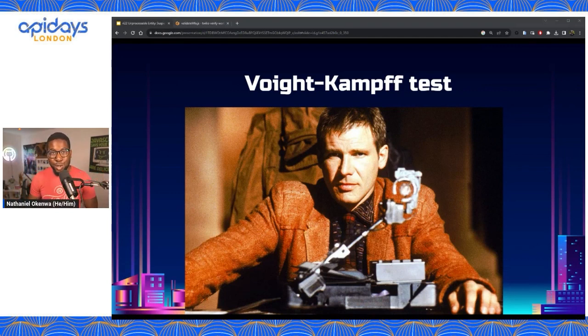One of the things he does when he finds a person that he suspects is a replicant and not a human is he takes them into this room and sits them in front of this machine. Now, hopefully I don't butcher this name, but this machine is called the Voight-Kampff test, and it's designed to distinguish replicants from humans based on their emotional responses to questions. So what Harrison Ford's character would do is he'd be asking questions to the human or replicant, and based on their responses, he will be able to tell if they were human or replicant.